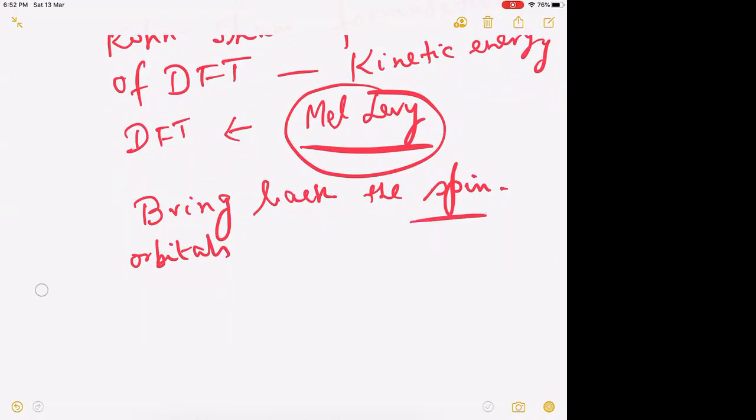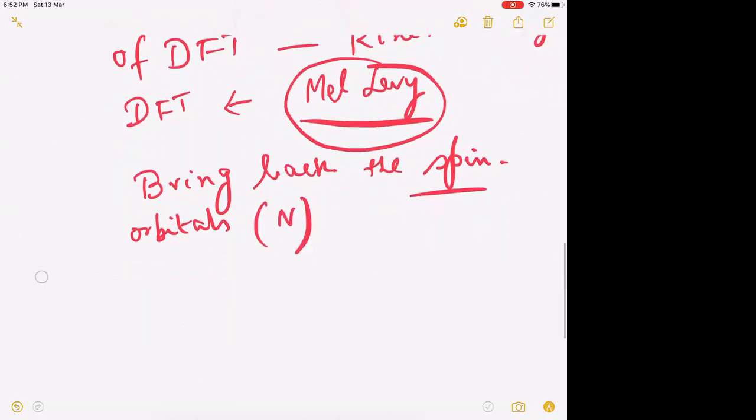But as soon as you bring back the spin orbitals for each electron, n of them, you now have variables for each electron. Even with just the spatial orbitals, you have 3n. If you include spin, it's even more. So this concept obviously goes away from the original idea of Hohenberg and Kohn, but this was an acceptable solution